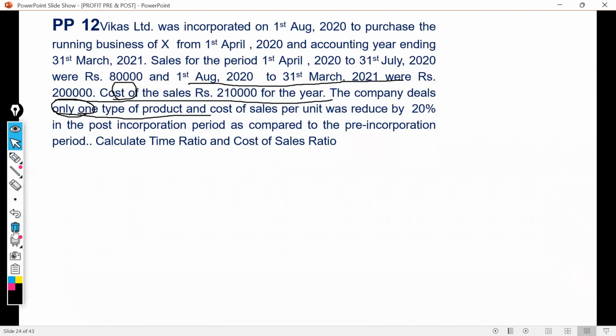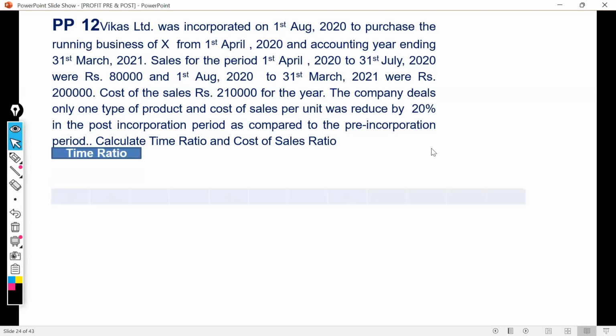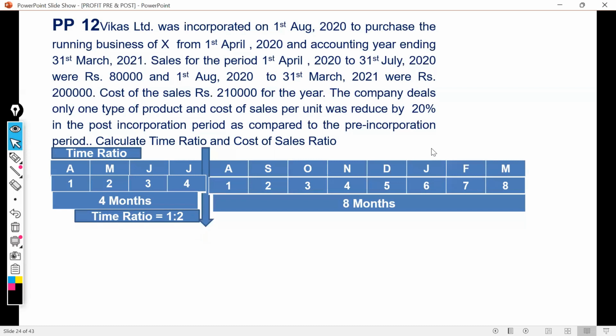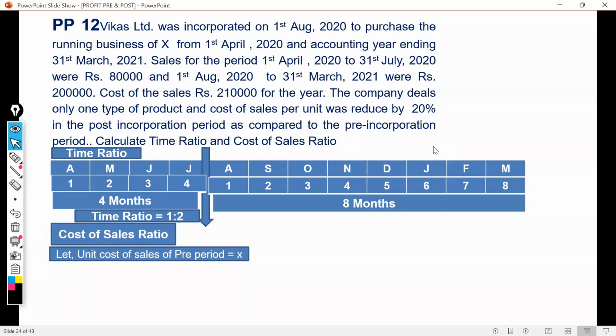And in the very next problem, the company deals only in one type of product. This is related to cost of sales, and this is information given by the company, and in this case we calculate time ratio and cost of sales ratio. On the basis of the question, we calculate time ratio like this, but in cost of sales ratio,